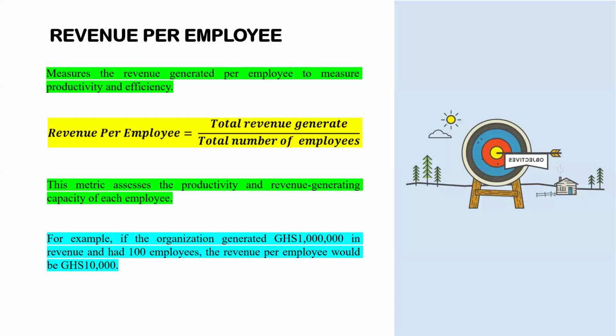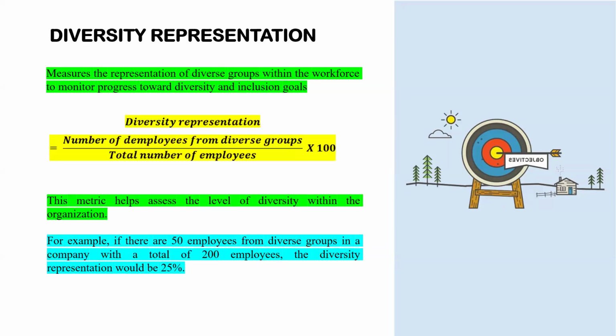Okay, that's the same thing that is happening over here, but in a different way. We pick the entire money that came in, then we divide it among all of the employees. Then we say that on the average, each employee is bringing this much. With that, you can tell whether your employees are being lazy, they're hardworking, and so forth.